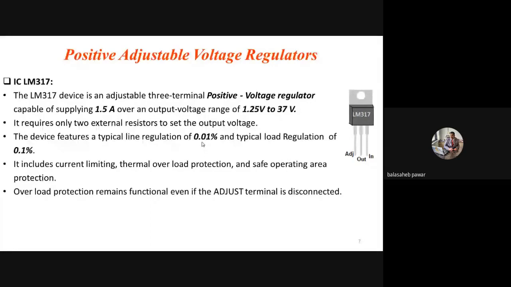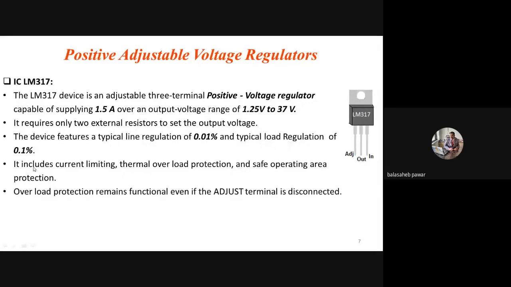It remains constant, and that's why we call it a regulated output voltage. Why I am saying almost constant is because, as per the data sheet, the line regulation is 0.01%. It is very, very small, almost closer to 0%. That means no change in the output voltage occurs by changing the supply voltage, that is line voltage or input supply voltage. And the second performance parameter, load regulation, is 0.1%, again closer to 0%.